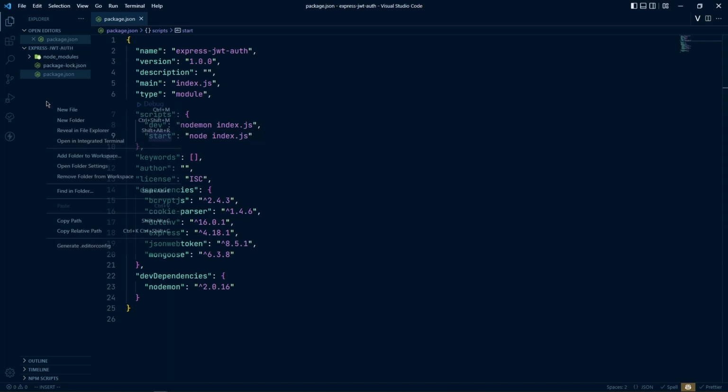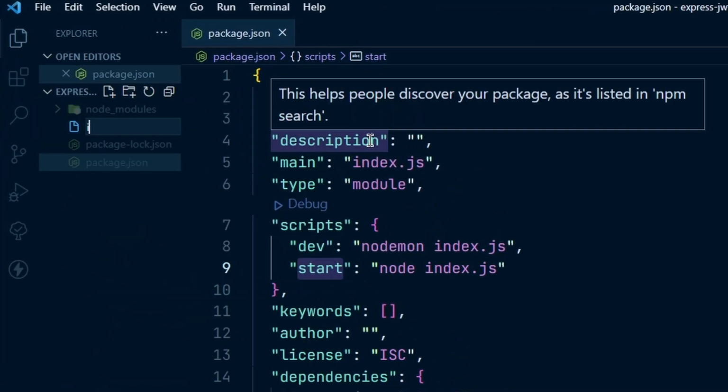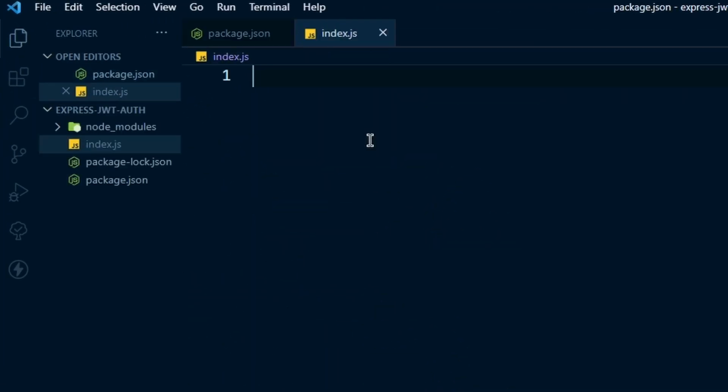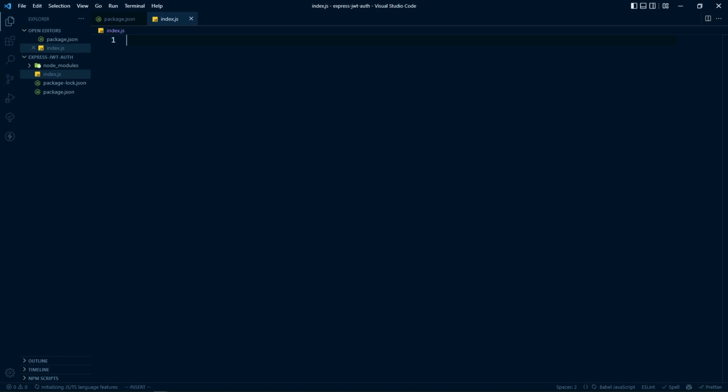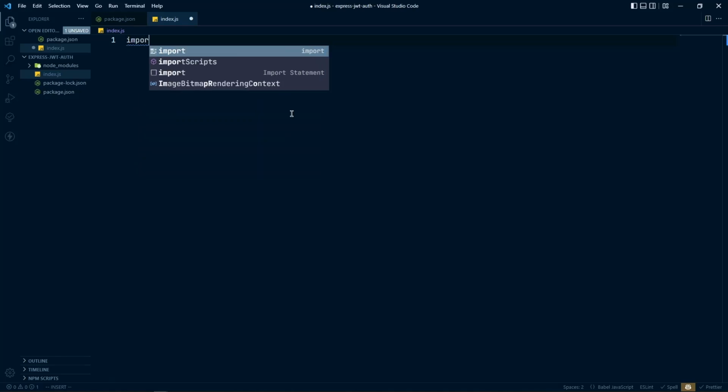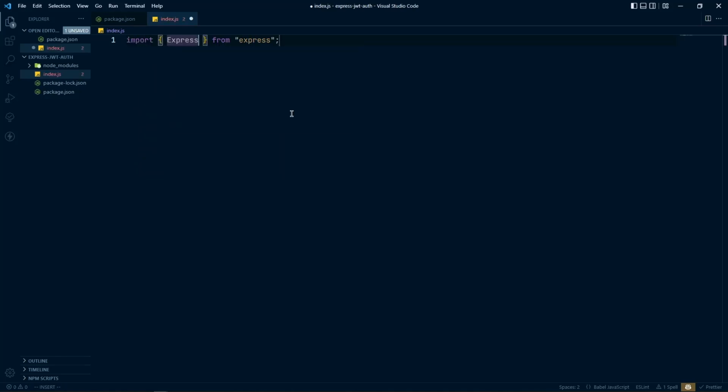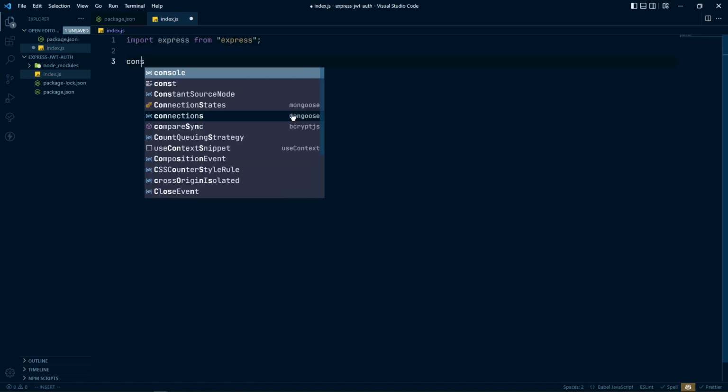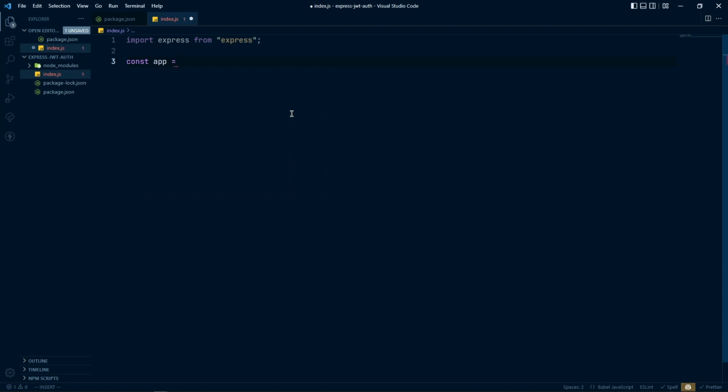After that, let's create our index file, which will be our entry point. So index.js. In our index.js, we need to create our server. For that, we need to import Express. So Express will be from express, directly like that, and after that we will create the app from that. So app equals express, and we will get the app here, and after that we will also make a port here. So port equals to,